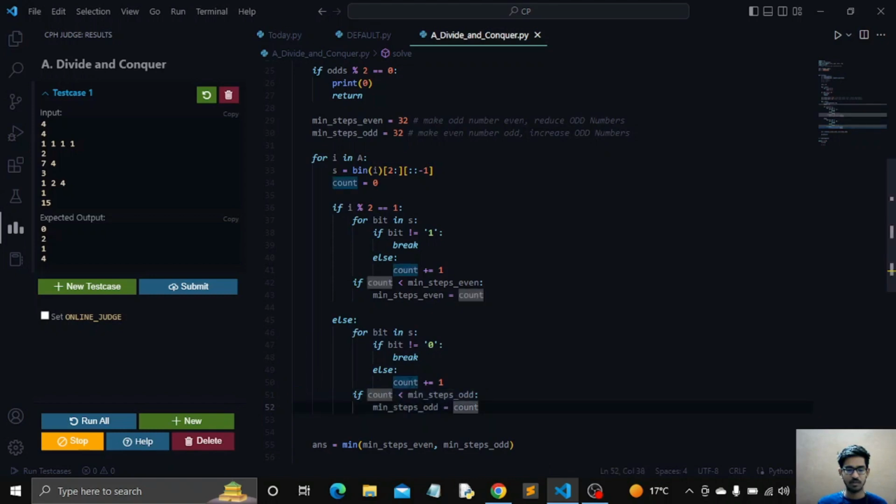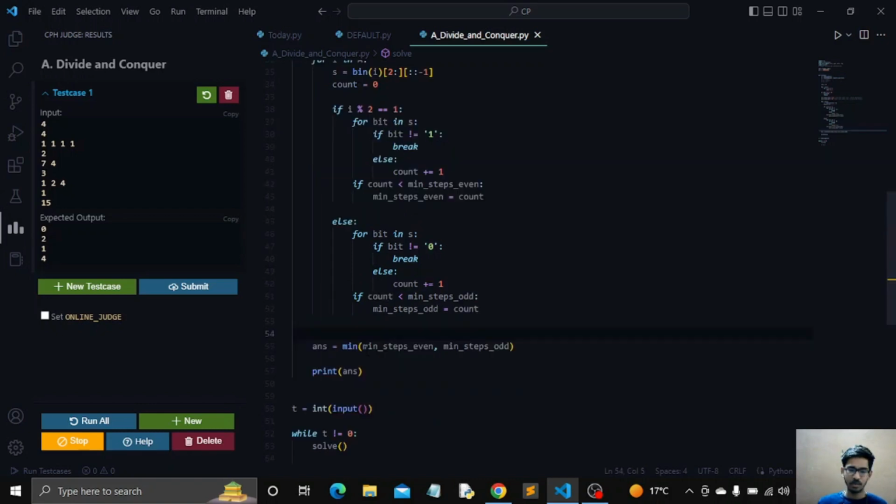Okay, so after iterating through all the elements in the given array, our answer will be the minimum of these two. These two are our x and y, as we discussed in our approach, and this will be our answer. So if I run this code, it gets